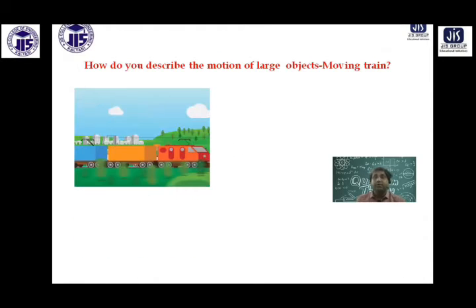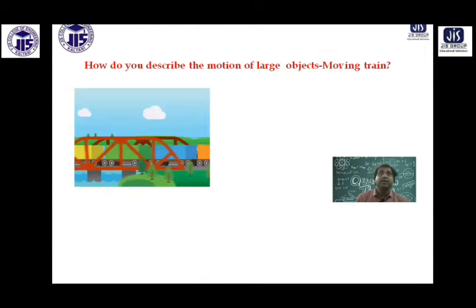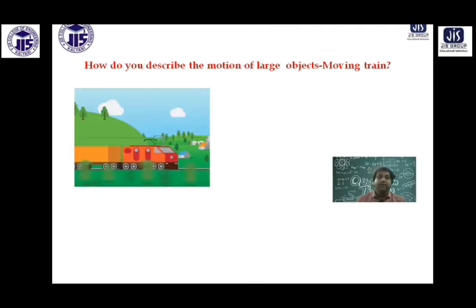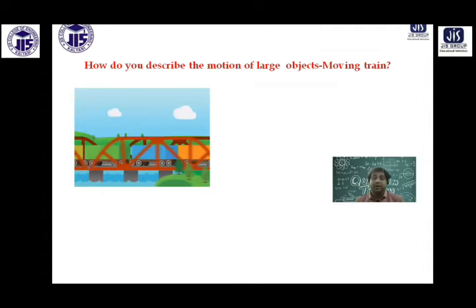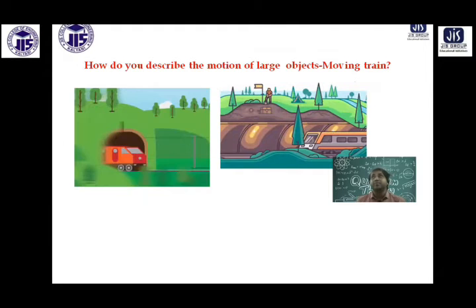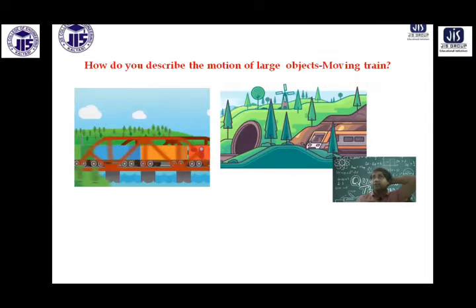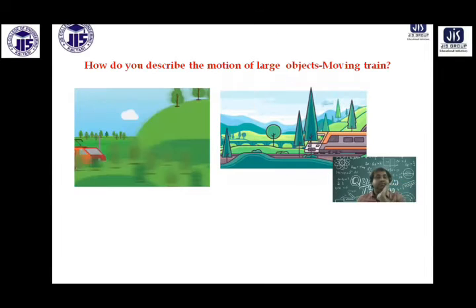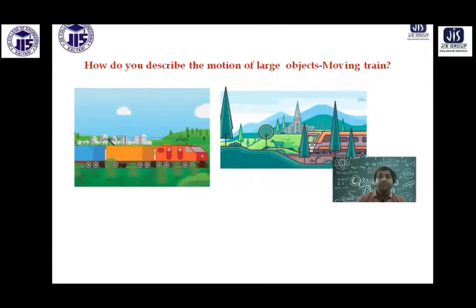Now you can remember what this problem is. It's a physics problem. A train is moving, so it's a mechanics problem. If you have to know where the train will go after some time, how do you predict the answer? Or suppose there is another train moving. Suppose two trains are moving in opposition, can they collide? Another question is when these two trains will meet each other. These are all physics problems.